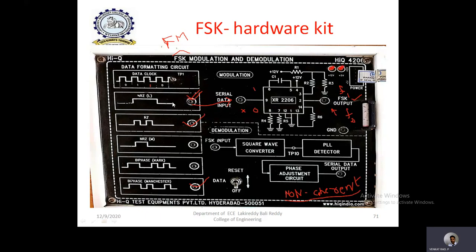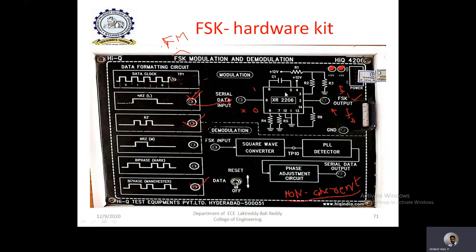You need to compare this input pulse with respect to the clock pulse. Whenever there is a high pulse during one clock time period, you note that this is 1, otherwise it is 0. After observing the input bit sequence from any one of these line coding techniques, connect this input to the modulator as a serial input. Here, as an FSK modulator, we are using a particular IC, that is XR2206.